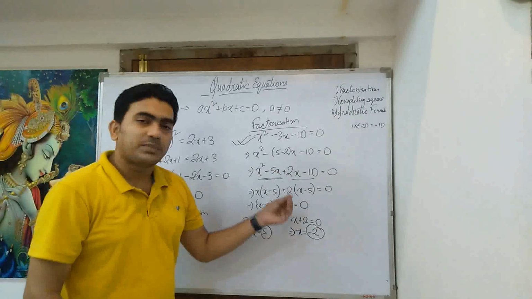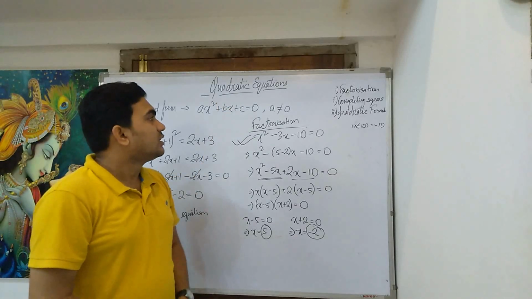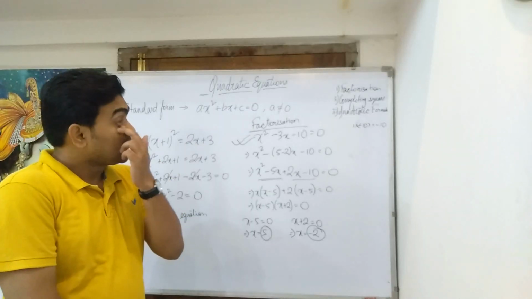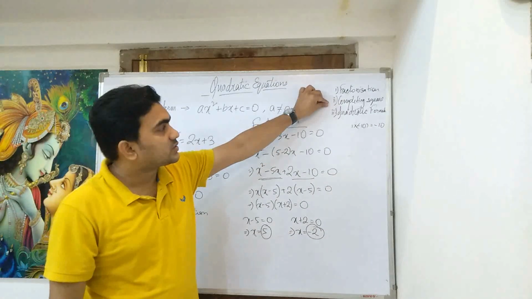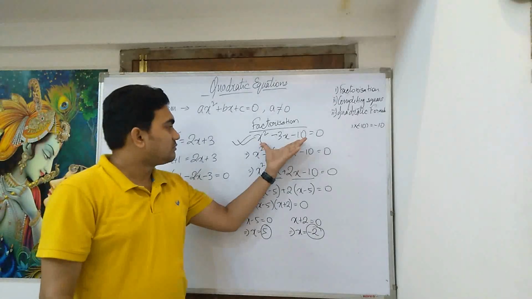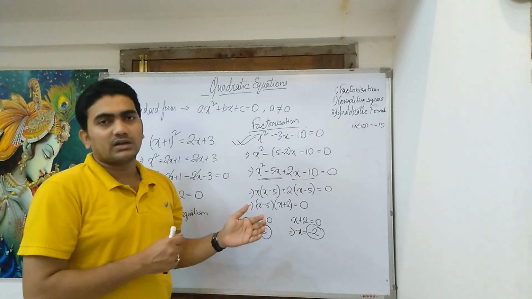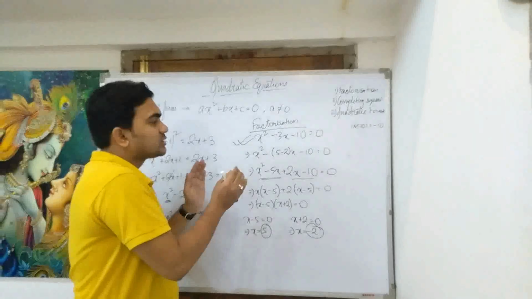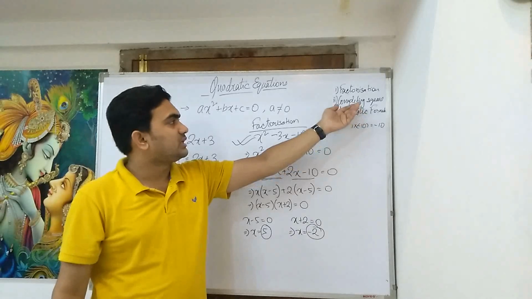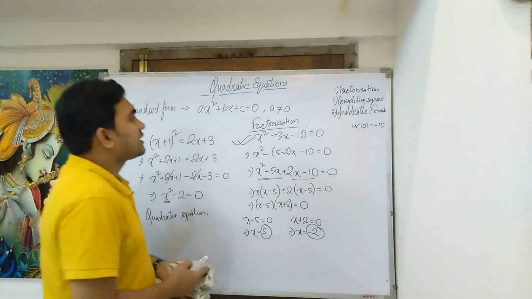Factorization method is the simplest method for finding out the roots of a quadratic equation. Moving on to the next part, completing square and quadratic formula. Completing square method, what we do in this method is that we just break it down into certain terms which can be further shortened to a square form, perfect square form. And quadratic formula can be derived by using this completing square method. Let us first derive the quadratic formula.